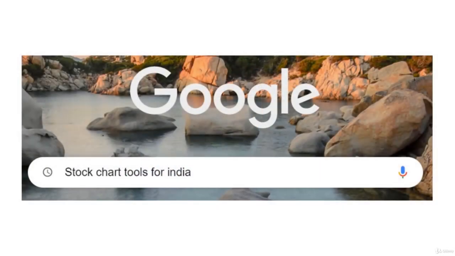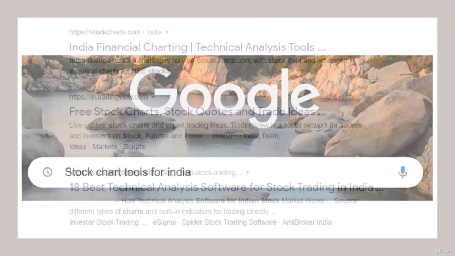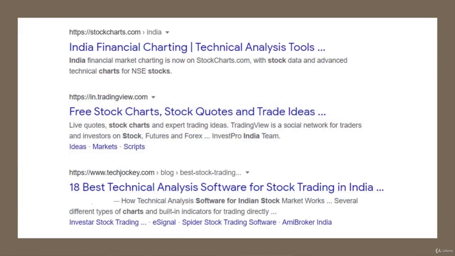An easy way to do that, it's going to seem super easy, simple, I guess, is to do an internet search and just put in stock chart tools for, and then whatever country you want, or something like that, and you'll start seeing things come up. So we put in, for example, here, India, you could put USA, you could put anything. It would come up with the top things. You're going to usually find these two towards the top. You can see stockcharts.com and TradingView. There's India versions of both of those. Those are the two real leaders out there, by the way.